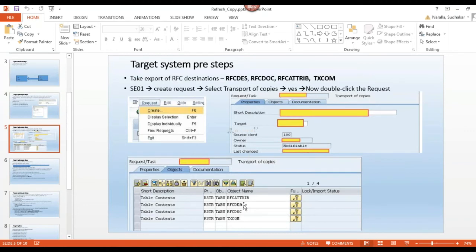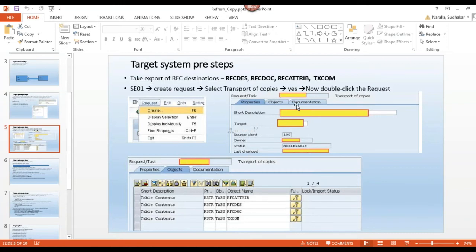Not only RFCs, not only printers. If required, any client specific, if client says I want some tables data information after system refresh, those tables also you can create using this method.